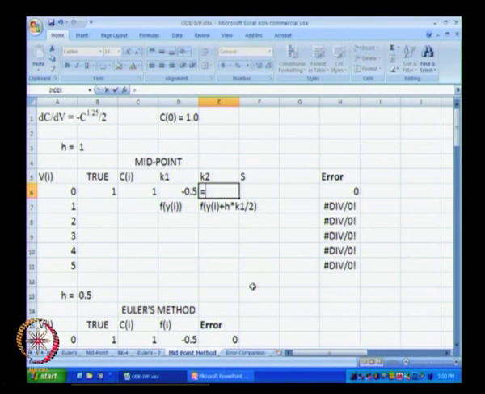Okay. So, K2 is going to be negative 1 by 2 multiplied by Ci plus h into K1 by 2, right. So, this is the overall expression that we ought to get. Now, I will replace this Ci with the location of this cell over here. So, I will just go over here and click.